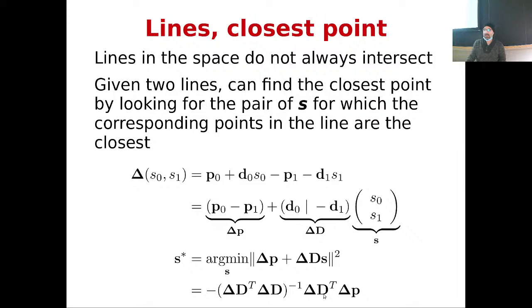Now, this is a splendid affine form. We know that if we have an affine form as an error function, we rejoice because we can solve it in just one go by using Gauss-Newton. So what are we interested in finding? We are interested in finding the combination of points S0 and S1, which is S, that gives me the smallest possible norm for delta. So instead of minimizing the norm of delta, I minimize the squared norm of delta, which has the same minimum,